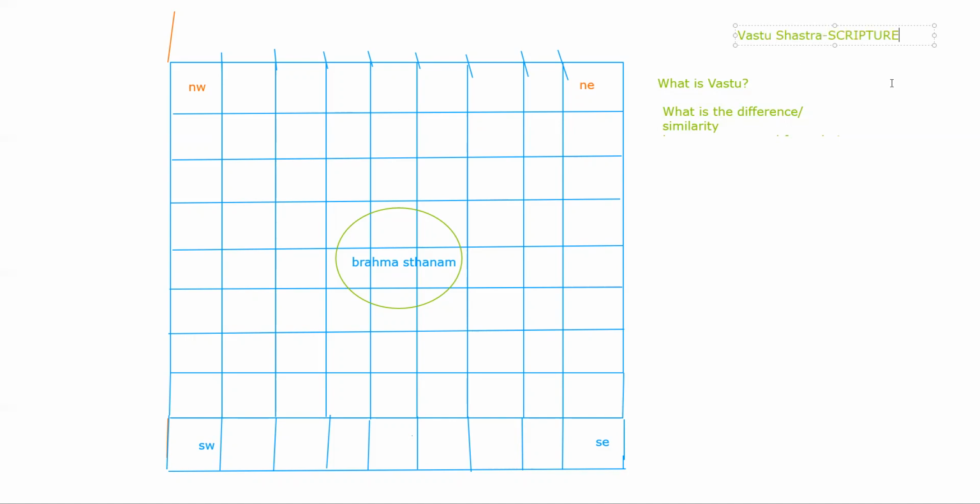It is a scripture and it is part of Vedic architecture called Sthapatya Veda. So in the old days, just like you had the Ayurvedic Vaidyas, thousands of years ago, there were also people who were architects and engineers. These architects and engineers were called Vastu Shastragyas, and they were experts in Sthapatya Veda, land, soil, foundation, directions, energy,